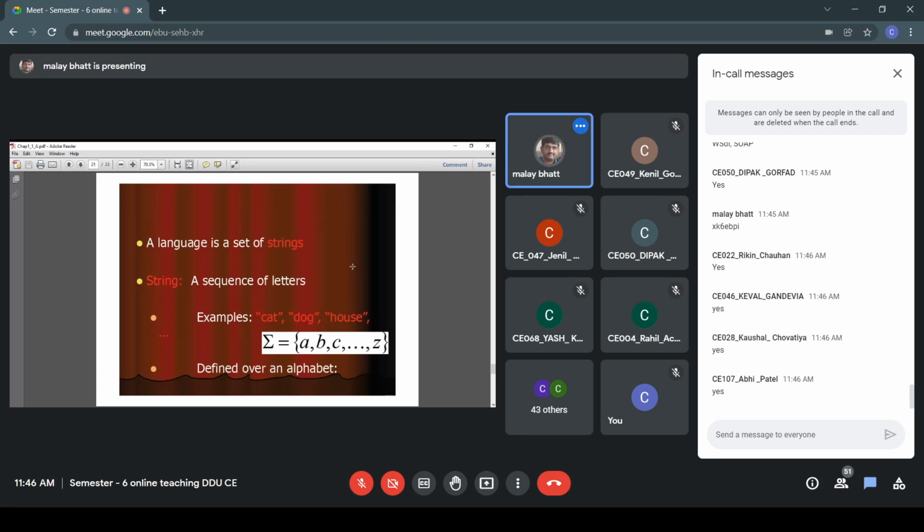So a language is what? It is a set of strings, and along with that set of strings, we have a grammar which will validate the statement. That is how we get the entire language. So with a set of input alphabet we get the strings, and from the strings, using the grammar, we make a statement. A group of statements will make a paragraph, and then you get the complete document.